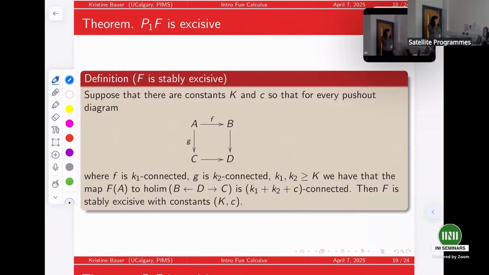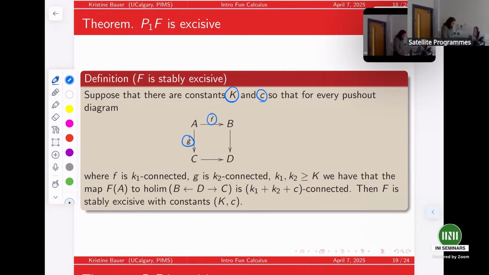All right, so the simplified version that I'm going to show you of the proof that P1F is excisive uses something called stable excision, or a functor being stably excisive. So suppose that there's a constant capital K and a constant C, so that for every pushout diagram with maps, the pushout of f and g, if f is K1 connected and g is K2 connected,